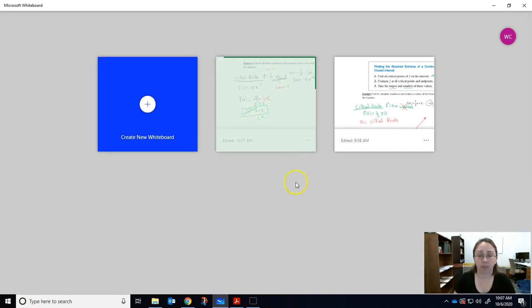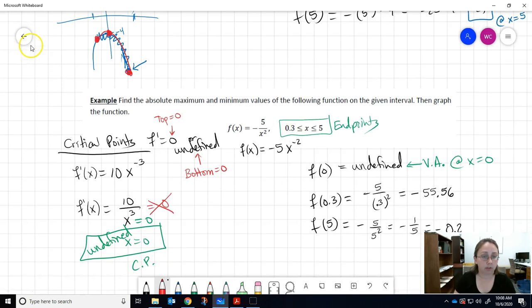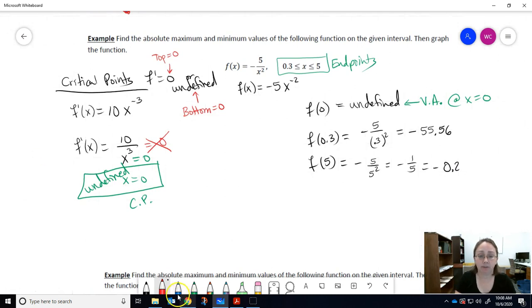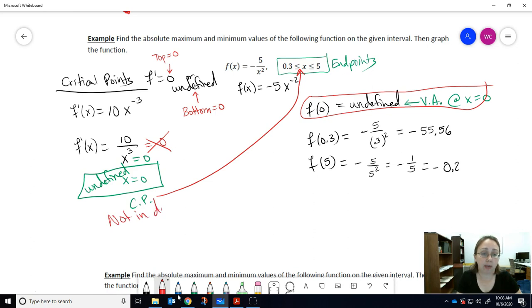So if I go back over here, what I need to check is if this vertical asymptote messes me up. Remember, a vertical asymptote is a gap in your graph, meaning we're not continuous there. So that's a problem, but only if our closed interval includes that point. So what I forgot to check was if my critical point is actually in my interval. We are only interested in x values from 0.3 to 5. This critical point is not actually in that interval. So this is not in the domain, so we actually don't need to worry about it,